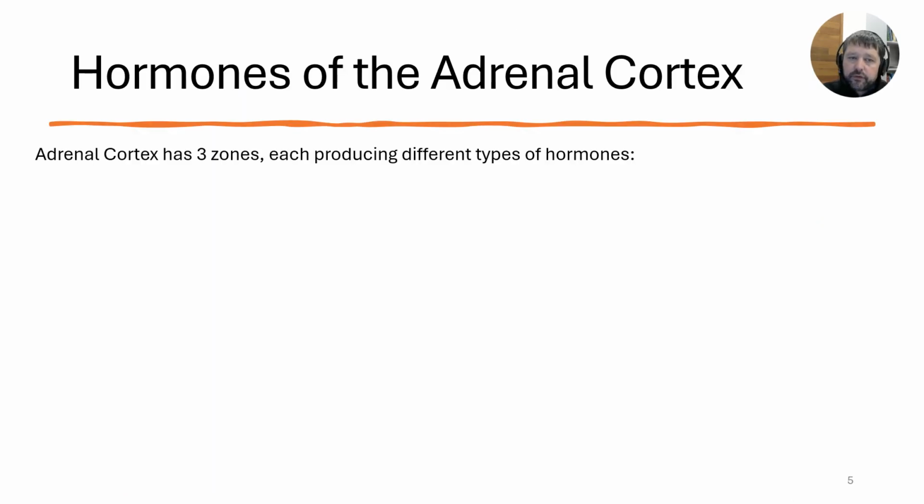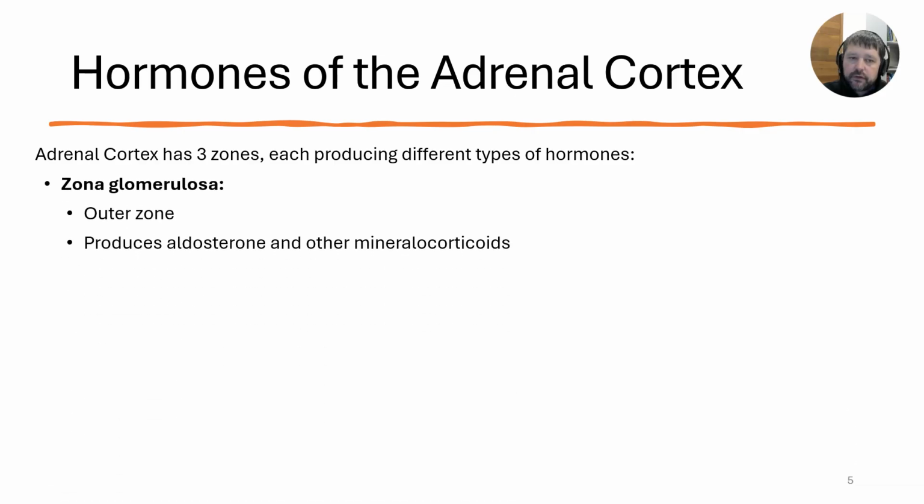Okay, so the adrenal cortex, when we look at the cortex itself, and we'll come back to the medulla here in a little bit, but when we look at the cortex, remember there's three zones. Okay, the glomerulosa zone, that's the outermost zone. It's typically producing aldosterones and mineralocorticoids,